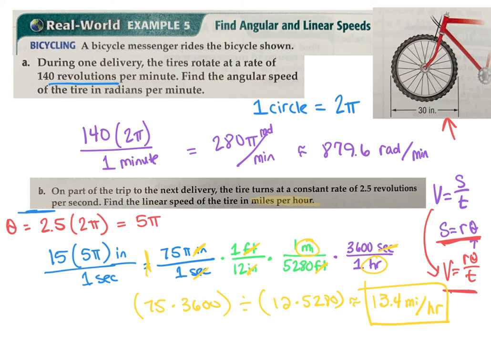Just when you hear this process, theta is going to be the number of revolutions times 2 pi. That is your theta. That's what you're plugging in right here for linear. Radius, they should give that to you somewhere in the problem, whether it's by picture or by verbally telling it to you. So radius times theta divided by whatever it says per whatever. Revolutions per minute, revolutions per second, revolutions per hour. Whatever it said per, that is your time, in units. Make sense? All right, let's